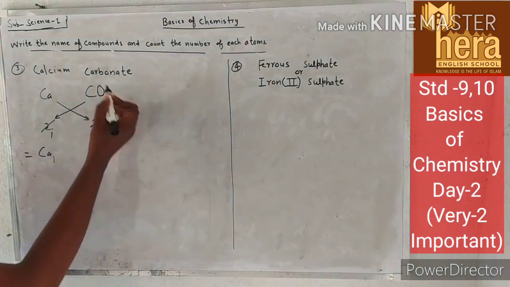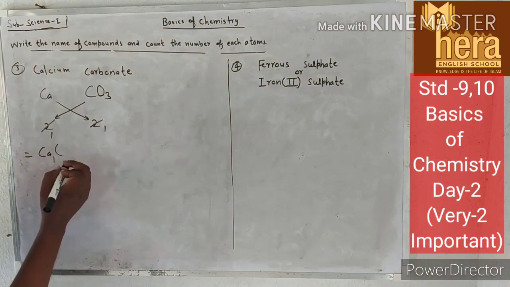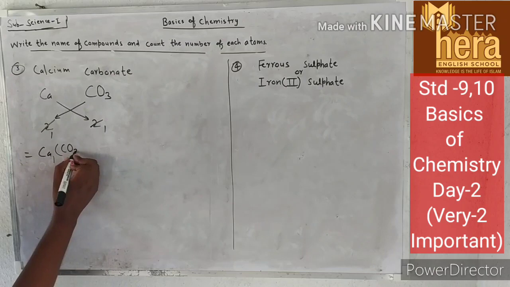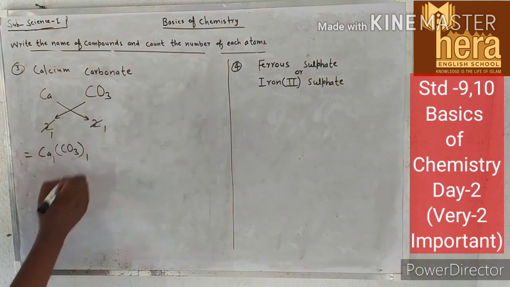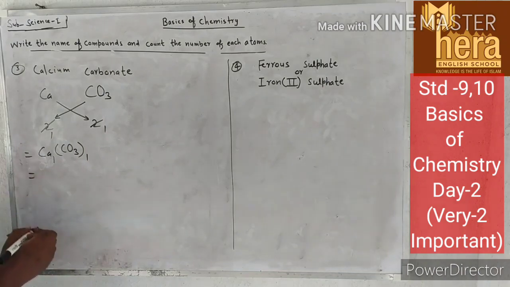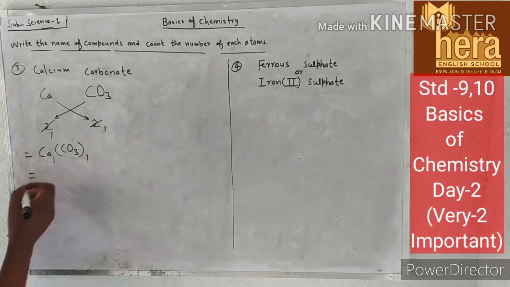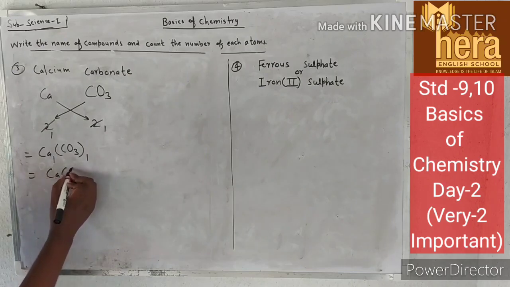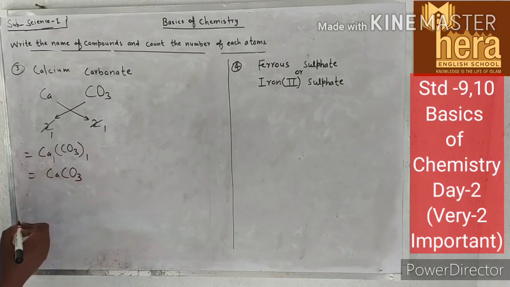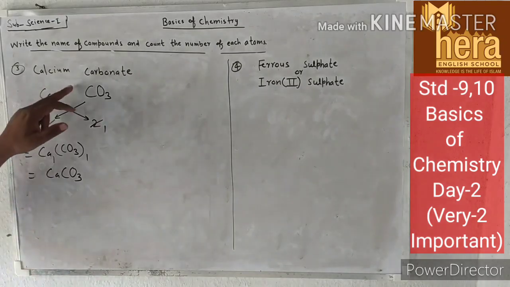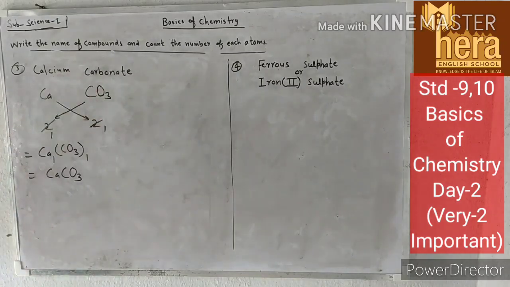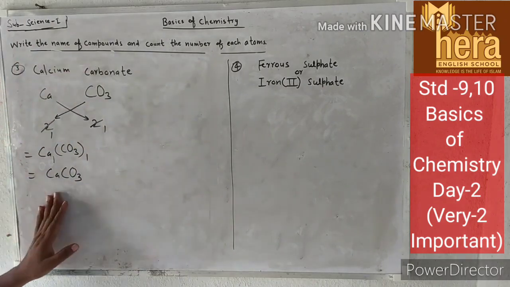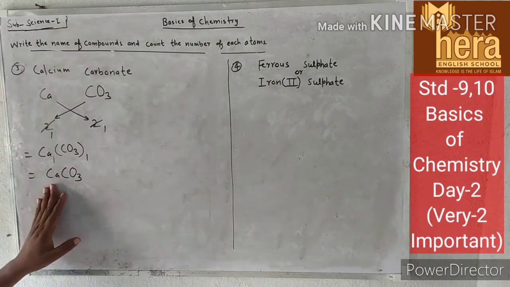See, here is more than 1 atoms, so we will put bracket CO3, bracket close. This is 1. No need to write 1. Then this will be equal to CaCO3. In English, this is calcium carbonate, but in chemistry language you will write calcium carbonate as